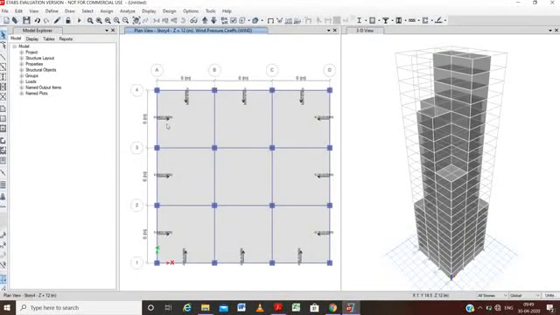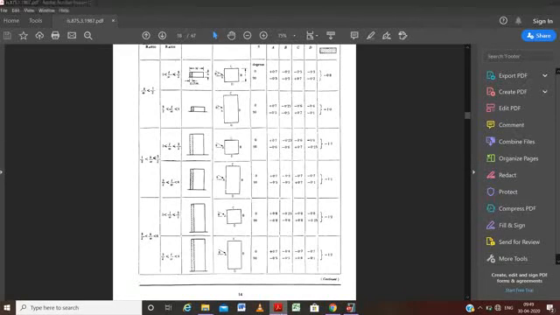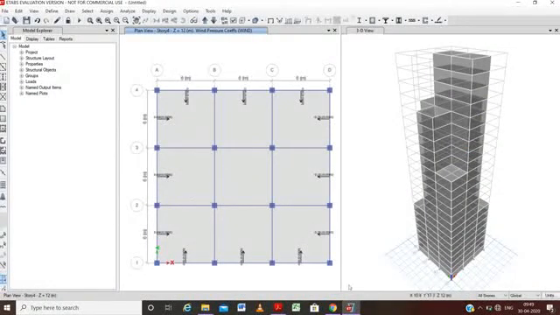Now you can watch here it's 0.8, minus 0.25 and minus 0.8 as per the given IS code. Here we can watch plus 0.8, minus 0.25, minus 0.8 and minus 0.8. So all the wind load has been given. We can go to another plan as well.